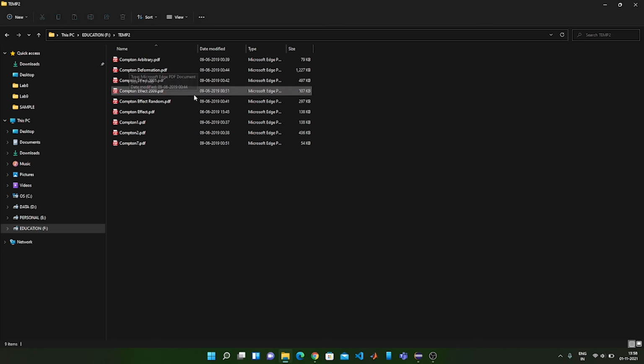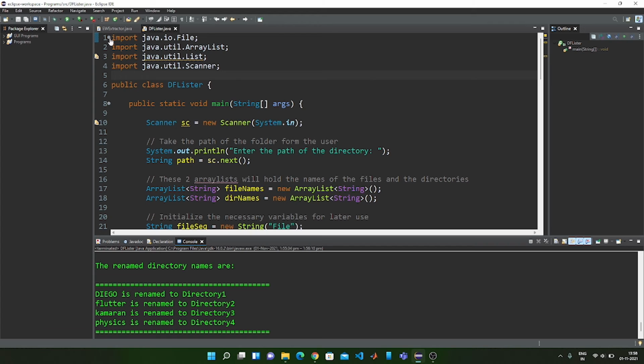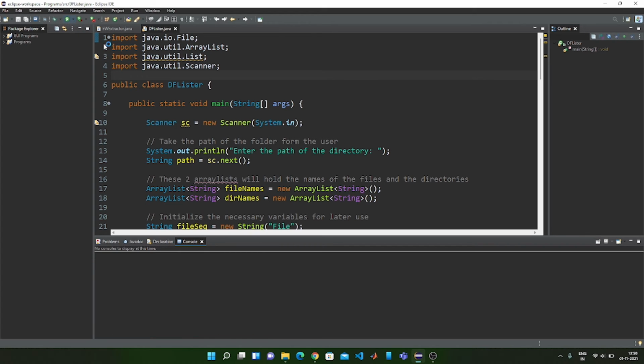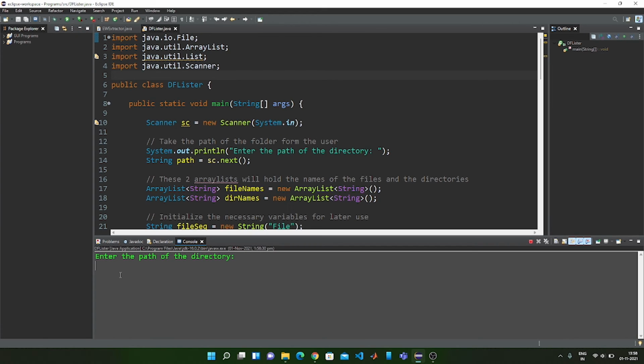So we are going to rename all these files in a sequential order such that the first file has the name Compton effect 1, the next file is renamed to Compton effect 2, and so on until the last file. So for that you can use this code. So now let me rerun this program and enter the path of the directory. The path was F drive and then temp2.